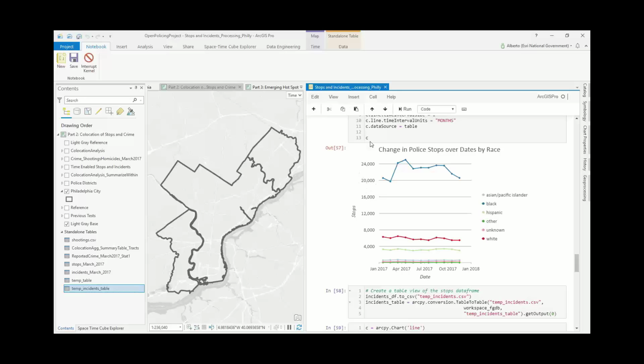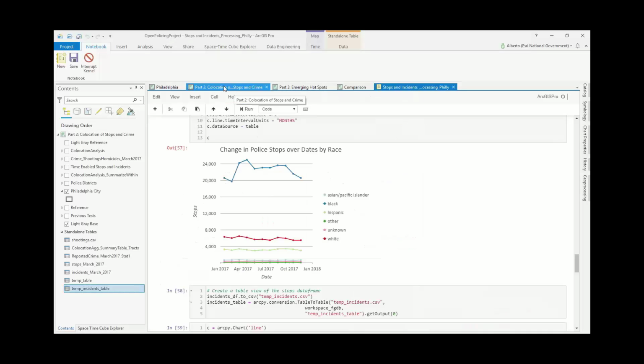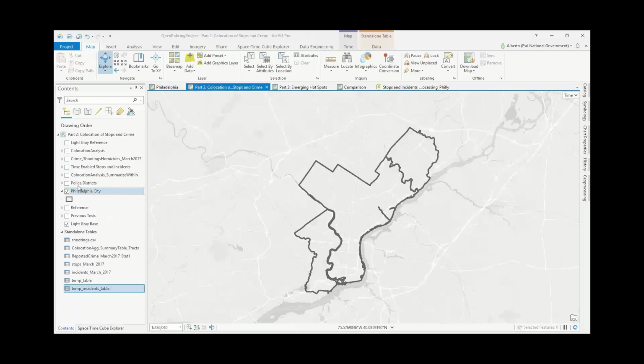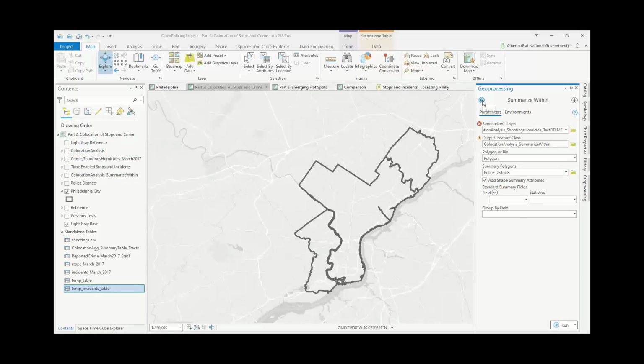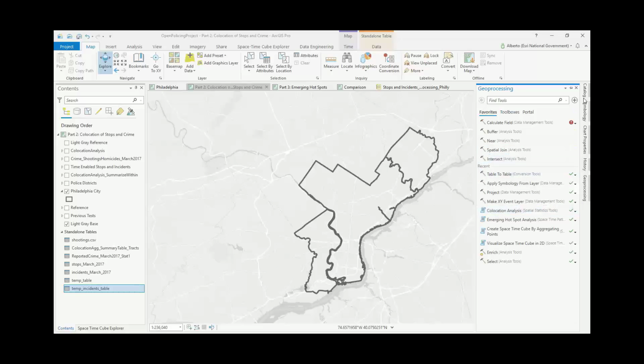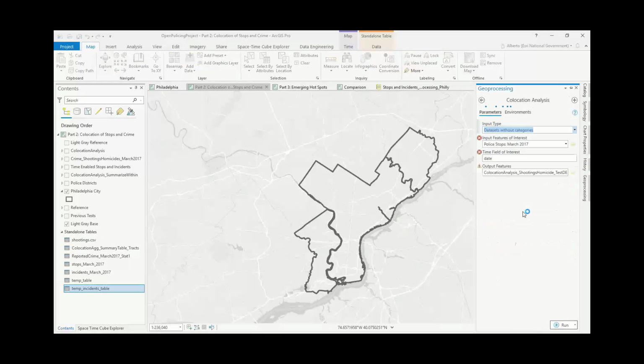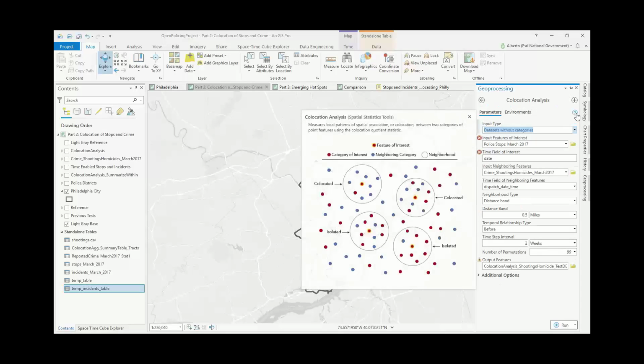So I'm exporting all of the data for just March. And at this point, then you can bring it to ArcGIS. Let's go back to our data. And what we would have here is the ability to run a tool like collocation analysis. Collocation analysis works by doing a statistical check for whether two types of events are collocated. And the output is basically this